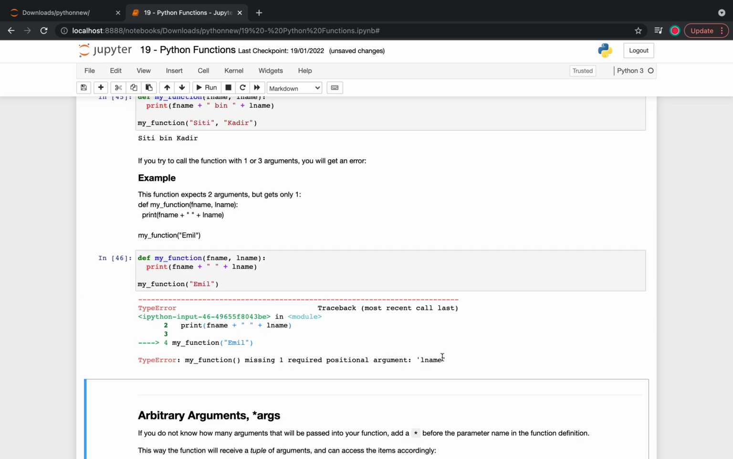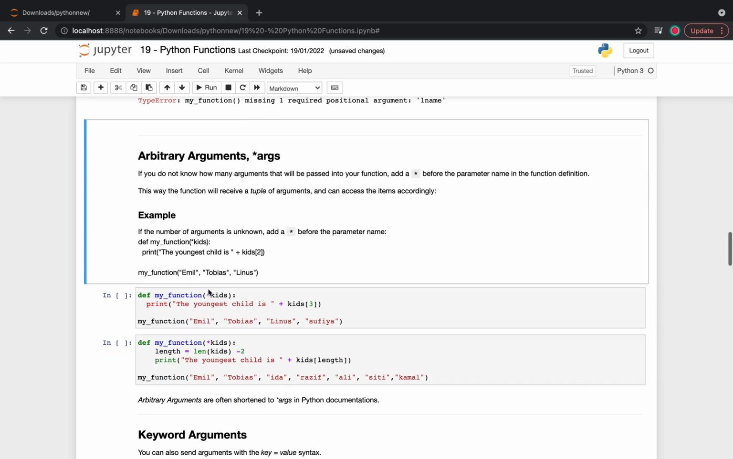Kita ada 2 tapi dia panggil 1 je. So I run, dia akan dapat error lah. Sepatutnya bila ada 2 sini, dia expect akan ada 2 lah. So ni ada 1. So dia akan jadi error. So now